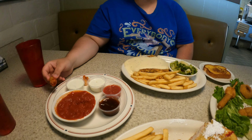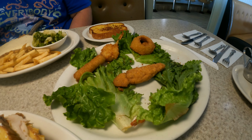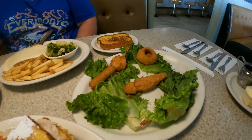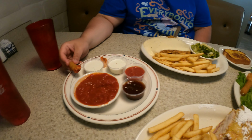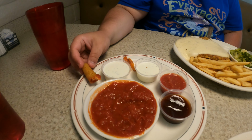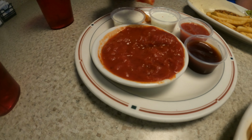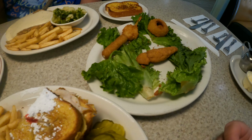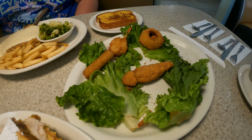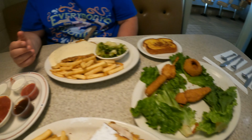So to start off with, these are really good. You see, we're almost done. We had a little bit of everything, and it was all nice and crispy and really good. We figured out all the different sauces here. Obviously, the white sauce is ranch. You got marinara there, barbecue, and cocktail sauce. And while we were getting into that, they brought us our